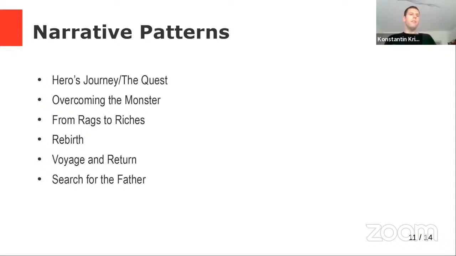We can also find a good narrative pattern in From Rags to Riches, which tells the story of a poor person who, through endless suffering and work, comes to richness or wisdom and has a happy ending. Then we find rebirth, when a hero falls down and has to find him or herself again on the way. Another one is the voyage and return, where someone seeks out, maybe like in Lord of the Rings,